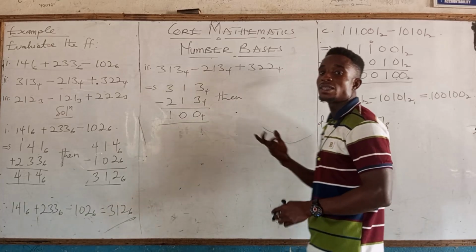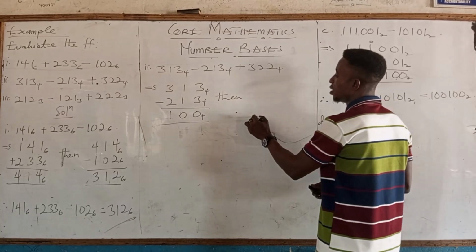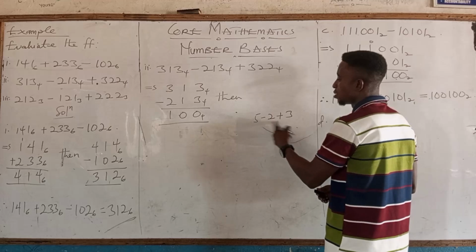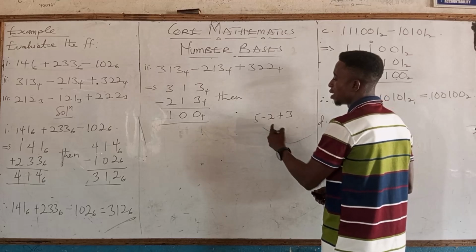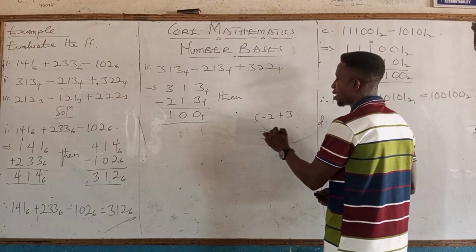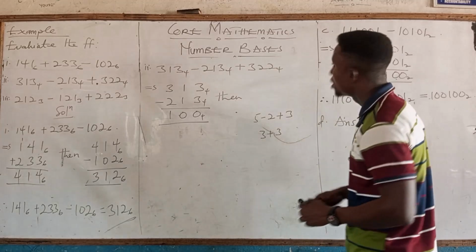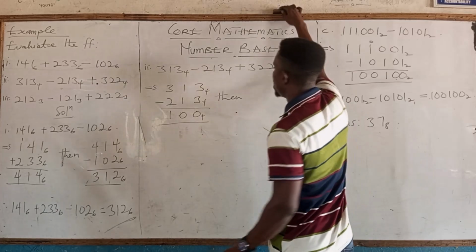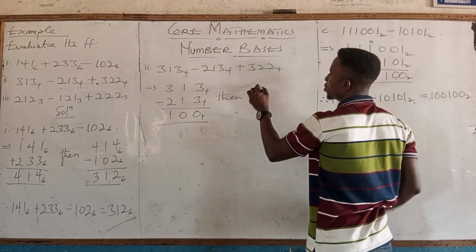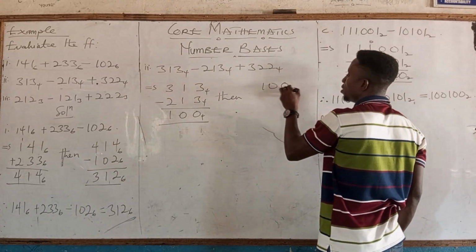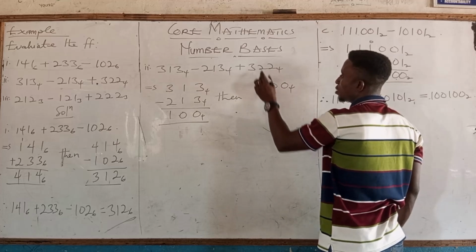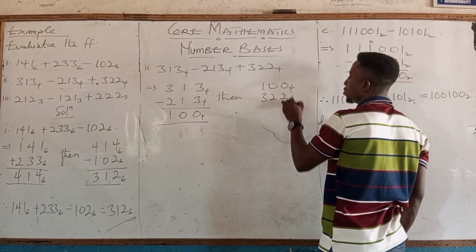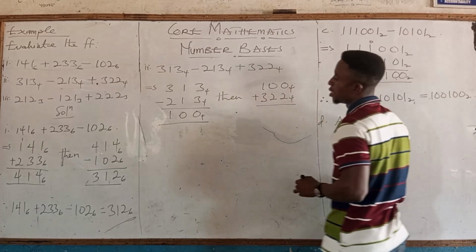Here we are not subtracting. Because if we are having, let's say, 5 minus 2 plus 3, we can subtract this one first, right? So subtracting this one will get us 3. Then we add the 3 to it. It's the same idea. So then we are going to have the result. That is 1, 0, 0 base 4. Then we add this one to that. That is 3, 2, 2 base 4. And that one will get us